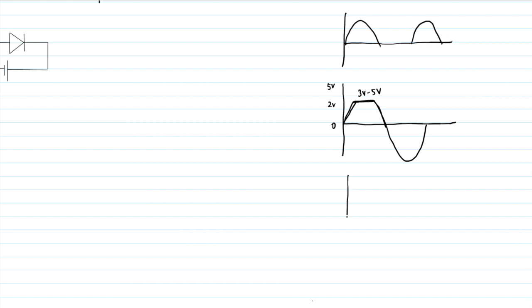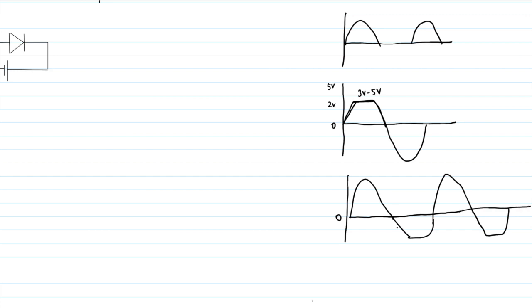Say if you are clipping a certain portion in the negative half of the cycle, then your waveform will look like this. You will get the entire positive signal, but in the negative half the unwanted portion is clipped. So for 1, 2, 3 you will get an output, for 3 to 4, 4 to 5 you will not get an output, and the output will remain constant. Again for 3, 2, 1 you will get an output, again positive, and again for negative you will get an output.